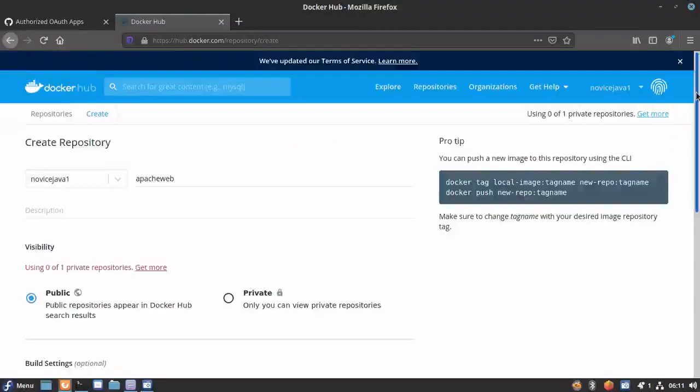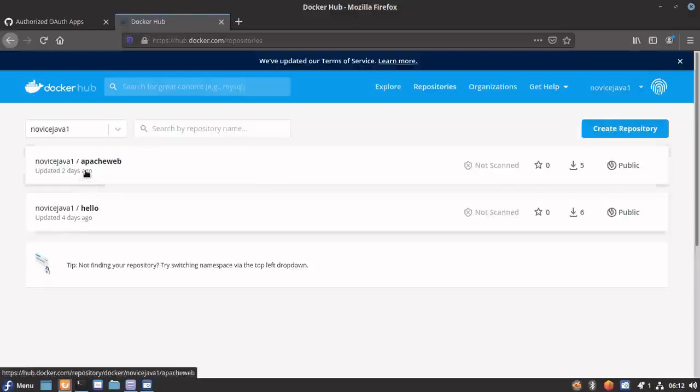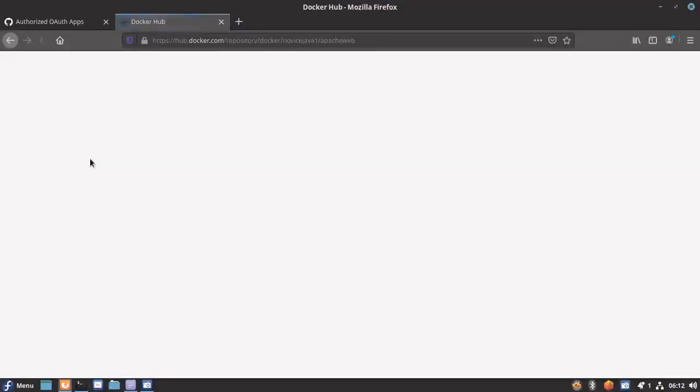Once that is done, you can go into our repositories. Let's say we have created our repository now, but there is no build configuration that we have completed right now. So let me go into my repository.